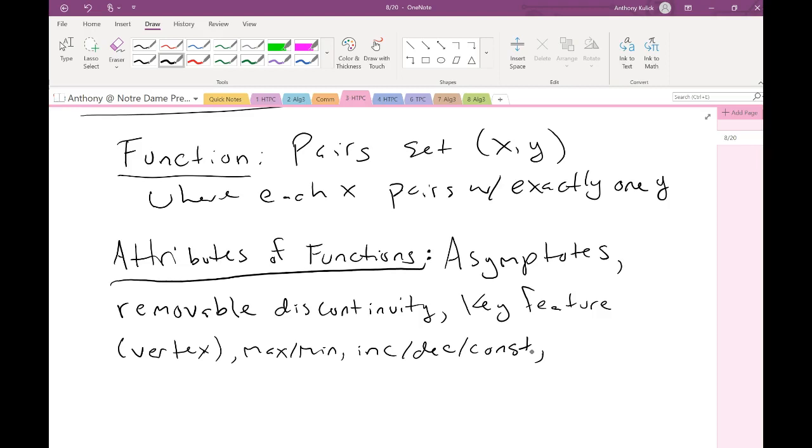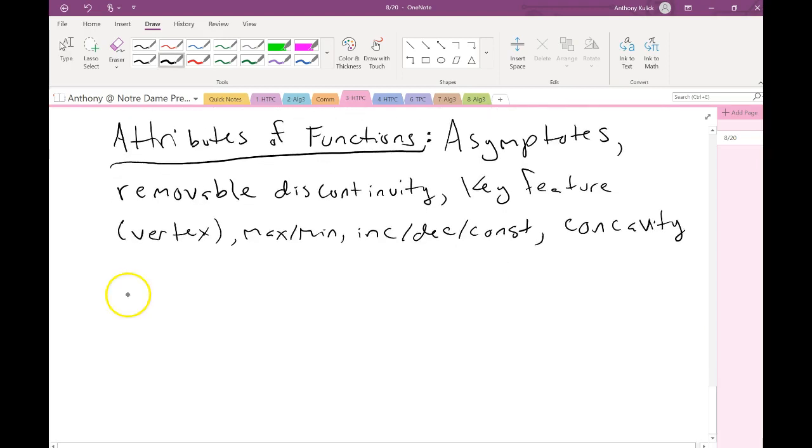Okay. Let's see what else. We talked a bit about concavity. So we say a graph is concave up if it was able to catch water if you're pouring water in it. So this would be concave up. Concave down would look like this. If I poured water over this, the water would run